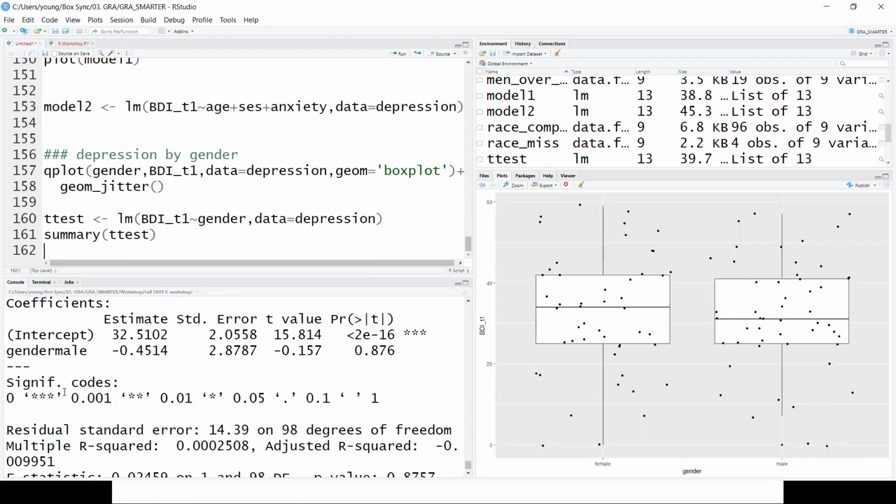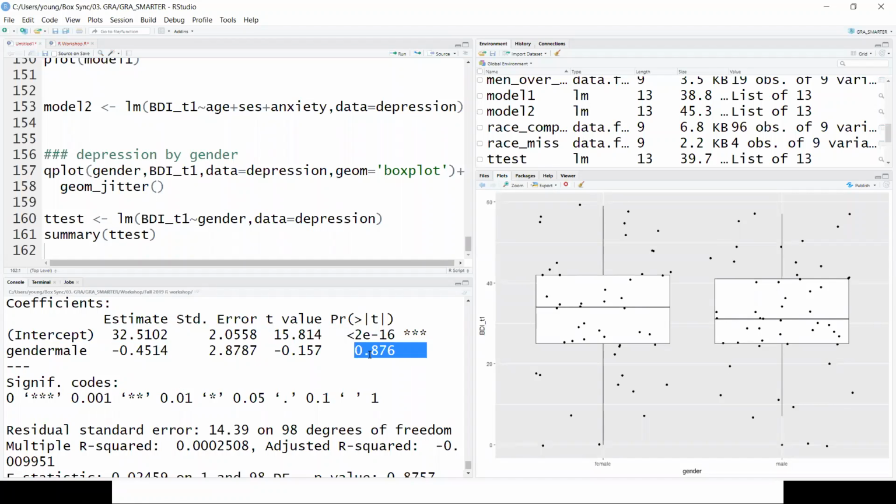Okay, so the reference category was female, and that's because of alphabetical order, right? Female comes before male. So this is actually the mean for females, and this is the difference between males and females. I think until recently SPSS didn't do that automatically, but R will automatically pick a reference category, look at the difference between all the other categories and the reference category, and then test it like that.